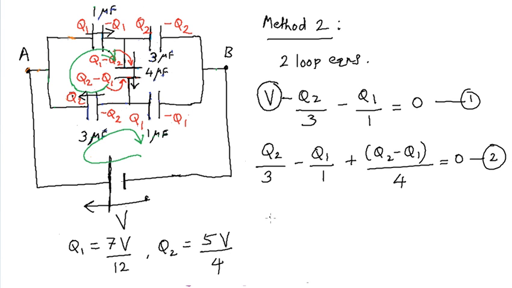Now the final calculation is the calculation of the capacitance across terminals A and B. This capacitance, C, is given by the total charge supplied by the battery to the positive plate of the effective capacitor, so that's going to be Q1 plus Q2, divided by the potential difference across the effective capacitor, which is also the potential difference across the battery, so that's divided by V. Now if you substitute for Q1 and Q2, you get the final answer for C, and that turns out to be 11 divided by 6 microfarads.